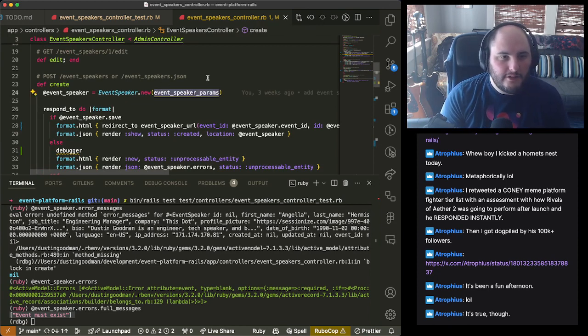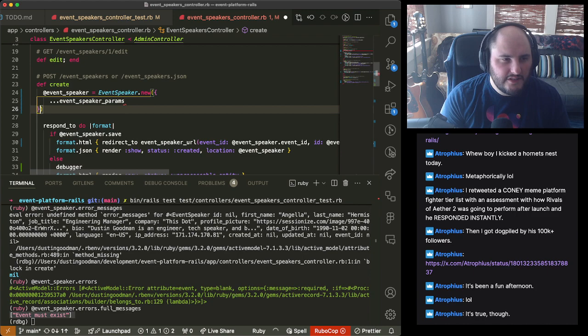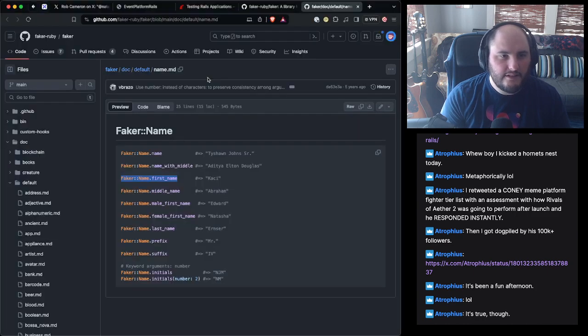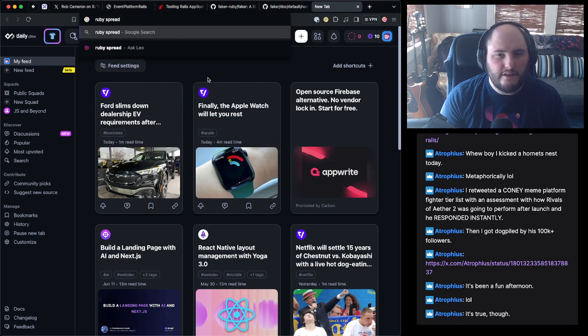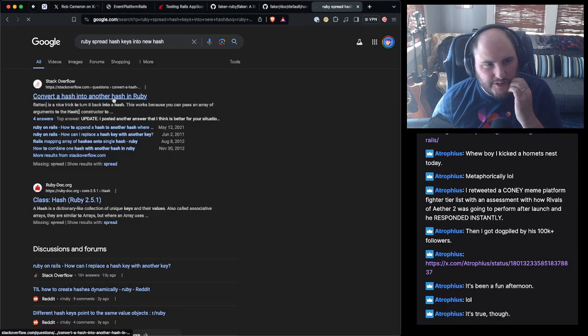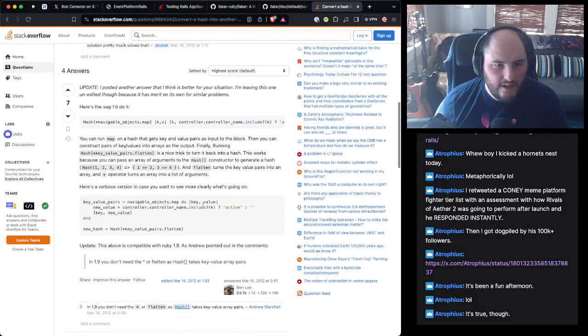So our parameters are actually going to be, I don't remember if you can spread in Ruby. So this is a question I need to look up. Ruby spread hash keys into new hash. I don't know if this is possible. What's the Ruby way? Is it gross? Is it really gross?